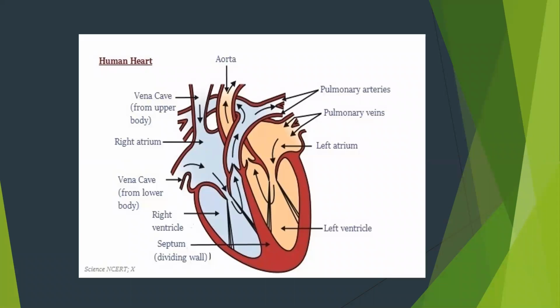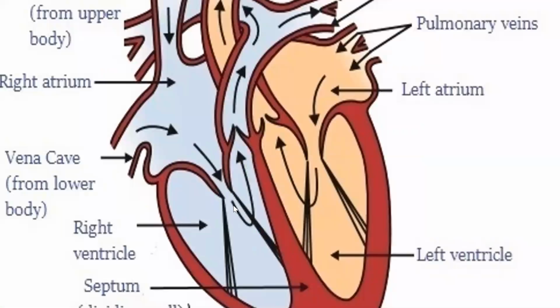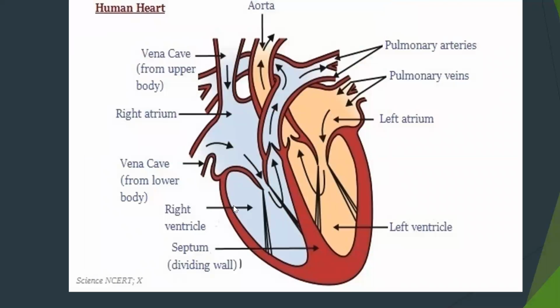So, we have some valves, like controlling. You can check here in the center, we have flap-like things. Like you can check here. This is where I'm pointing, between the right atrium and right ventricle, there is a path, a small route. It's shown, actually one arrow is there. You can check these are actually the valves, and here also in the left ventricle and the left atrium we have this valve. So this is actually the structure, the structure is very